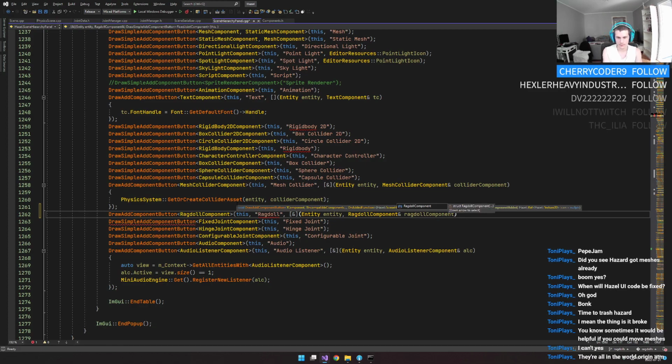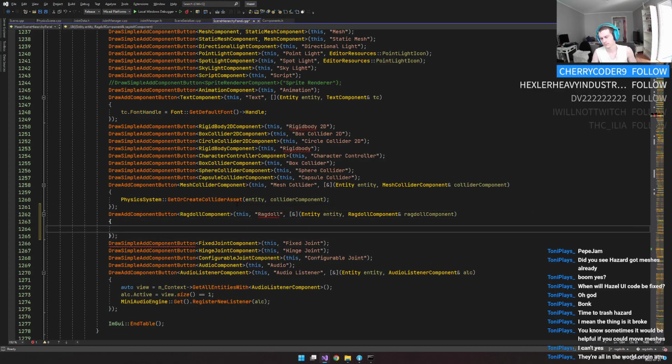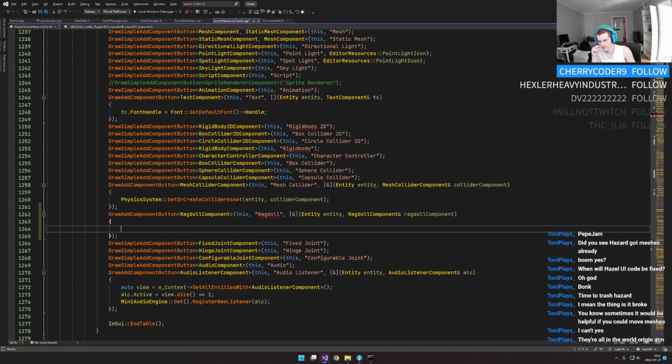They're all in the world origin. Oh, okay. Yeah. I mean, you could have a local transform for submeshes. If entity